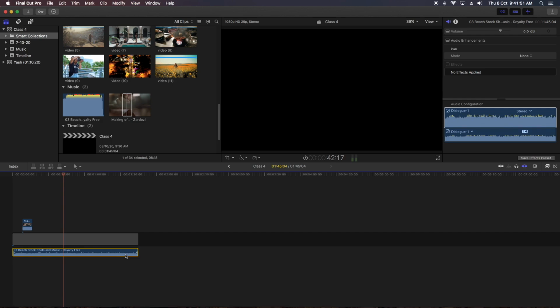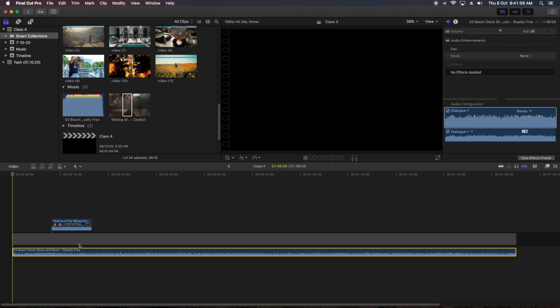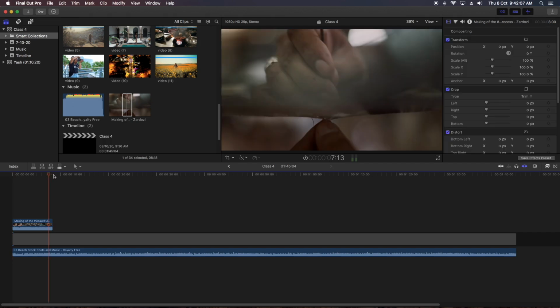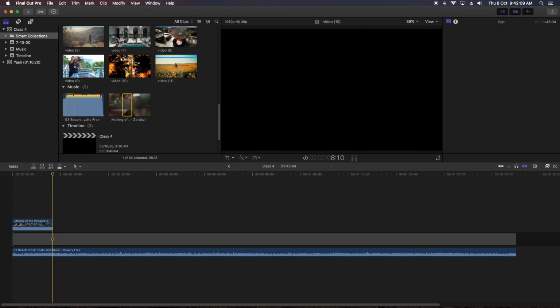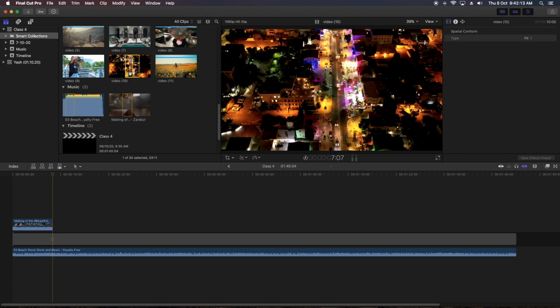Okay, so now what we did is we disconnected our audio from the magnetic timeline, and now we can insert, we can do anything. To make an insert, which command do I have to use?